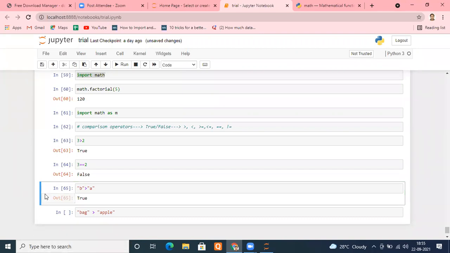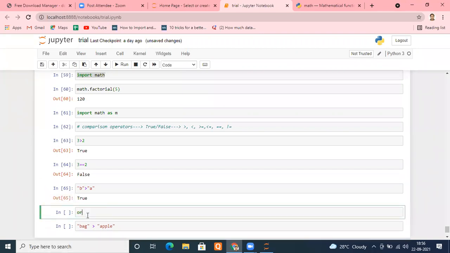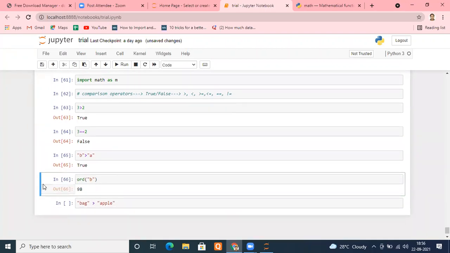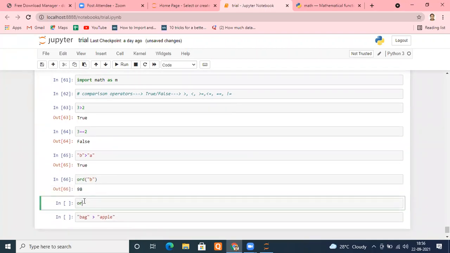Same thing, it checks the ord of B. Let me check that. It is 98. And let me check the ord of A. Of course, when it is giving true, then the Unicode number of A will be smaller than B, so it should be less than 98. Let me run this.